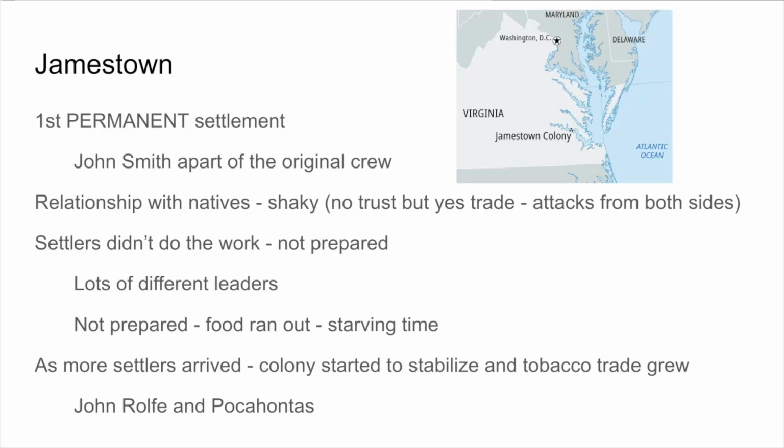And so, with no preparation, they went through a lot of leaders back and forth of, hey, we can't trust this person, we can't trust that person, we need help, we need this. And it was a mess. And it was not good because food was running out and it was a starving time for this colony. They were barely hanging on, and probably the only reason they could was some of those trades that they were able to make with the natives, or the little bit that they did survive or save or bring back helped them that way.